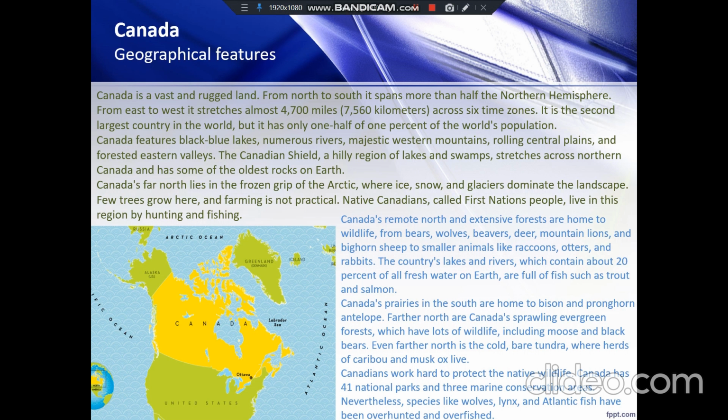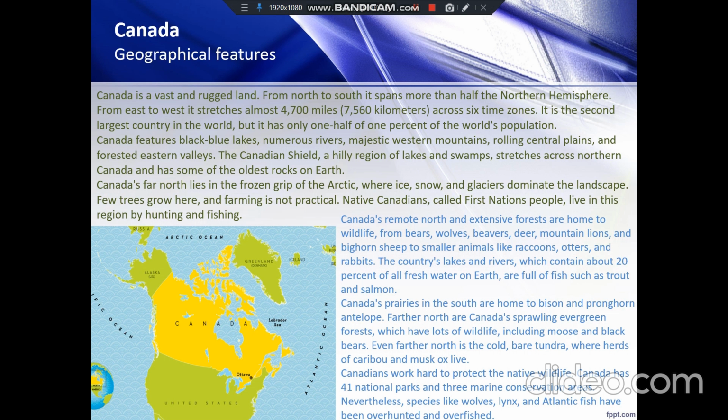Canada's remote north and extensive forests are home to wildlife from bears, wolves, beavers, deer, mountain lions, and bighorn sheep to smaller animals like raccoons, otters, and rabbits. The country's lakes and rivers, which contain about 20% of all fresh water on Earth, are full of fish such as trout and salmon.